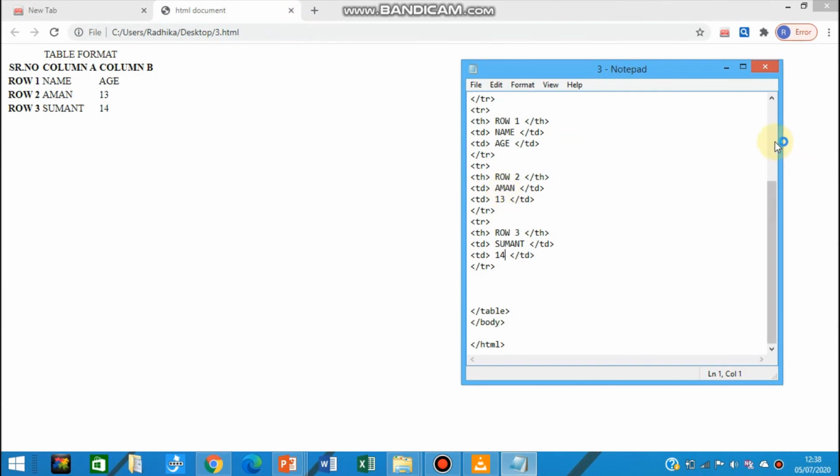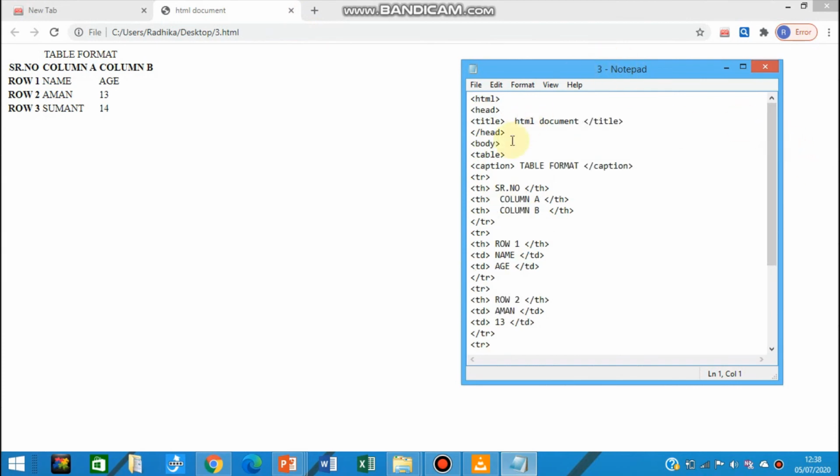So let me just show what we have used the tags for. The heading of the web page is HTML document. Fine. So we have mentioned it inside the title tag. Okay, inside the head tag we have mentioned our title. So the heading is HTML document, as you can see up here. Then next, the table, we have defined it inside the body tag.